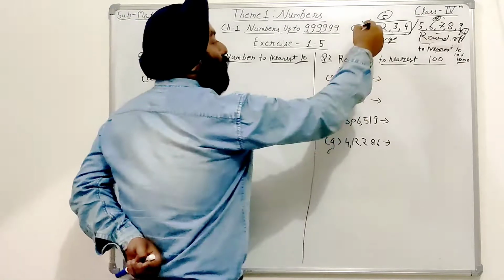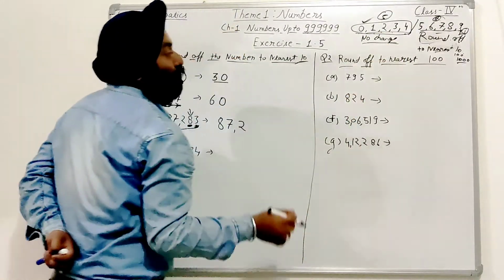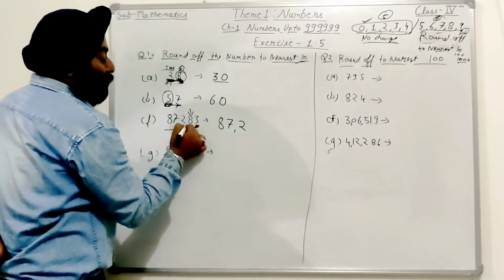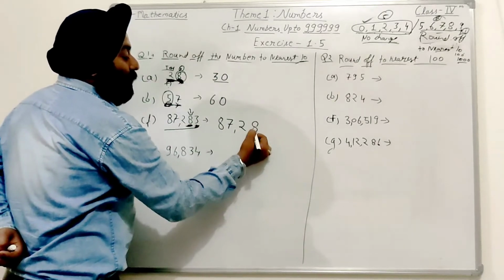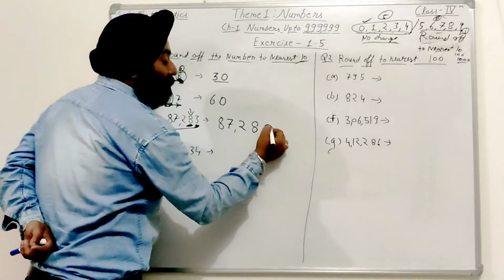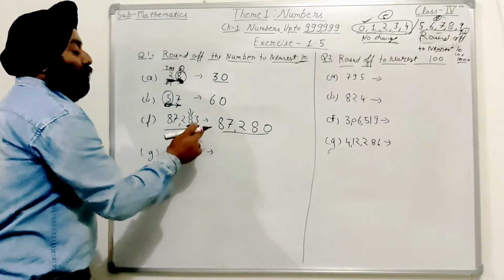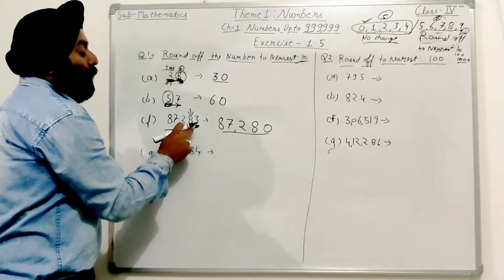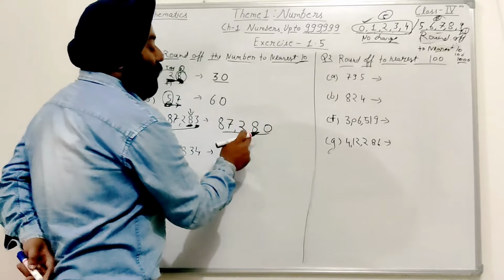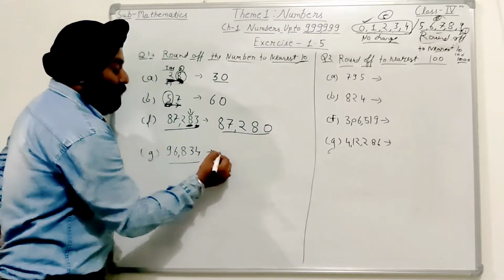3 is in the category of 0 to 4, so there is no change at the tens place. 8 will stay 8 and 3 will become 0. So rounding off 87,283 to the nearest 10 gives 87,280. Next question is